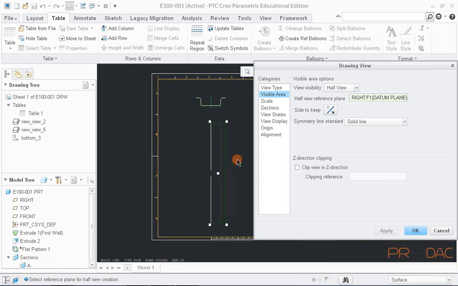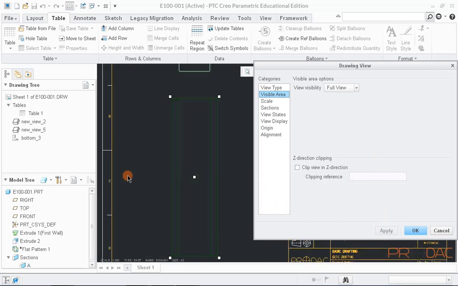Now change it back to full view again. Now select the option Partial View to create partial view. Now we need to define reference point and geometry for partial view.